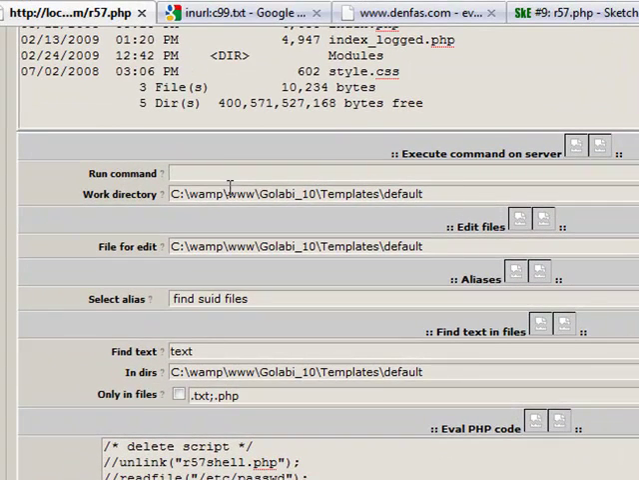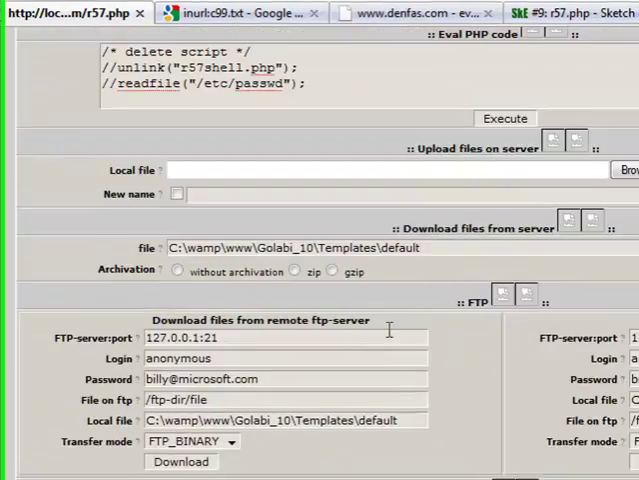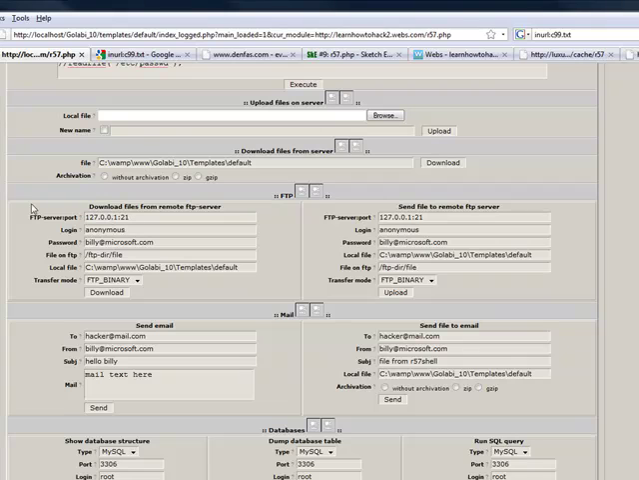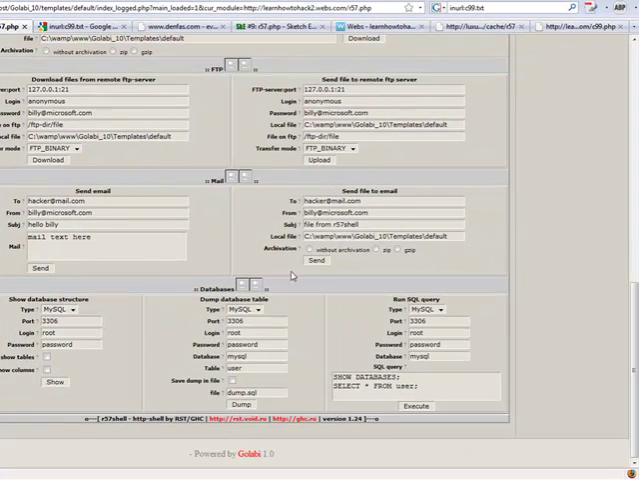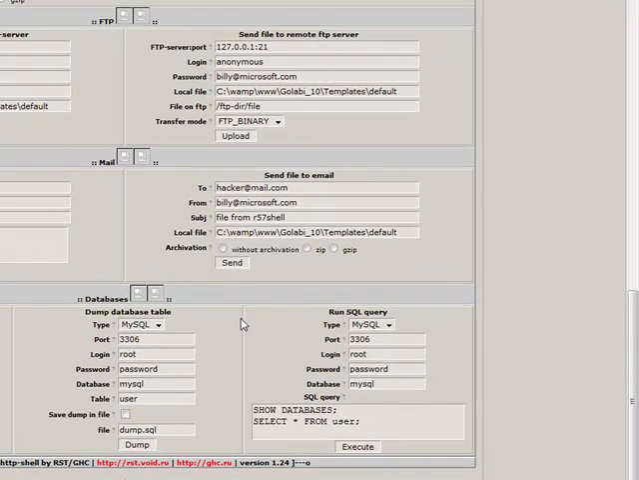You can execute commands for Windows, because this is a Windows machine. Basically, you can download files to the server, or you can send a file to a remote FTP server, send a file to email, show database structures. You can actually dump the database, pretty much download the whole database, if you know what the